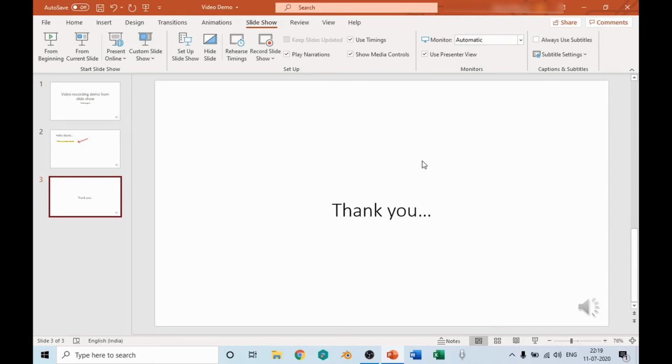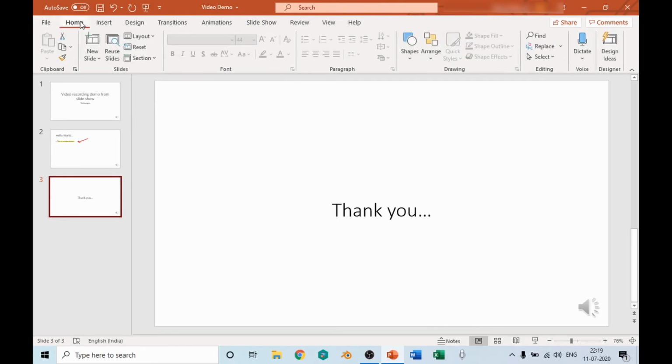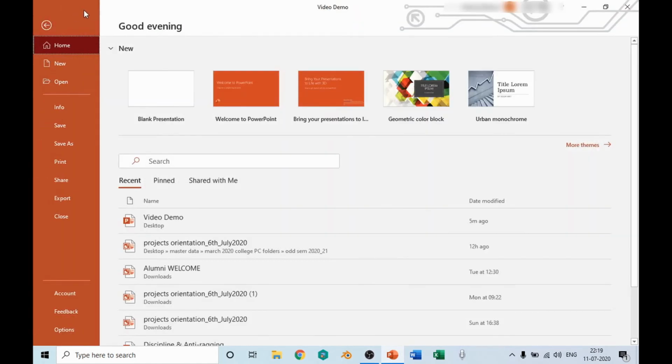Now the video file is ready with the PowerPoint software. All we have to do is export it as a video file. So let us look at the top menu again. The earlier one, when we were editing, it was home. Just beside home, click on the file tab. When we click on the file tab, again it will give options to open a new file or like that, save as, print, share and export. So pay attention, we have to select export, right?